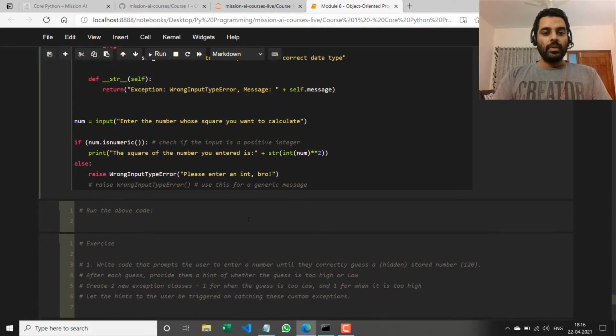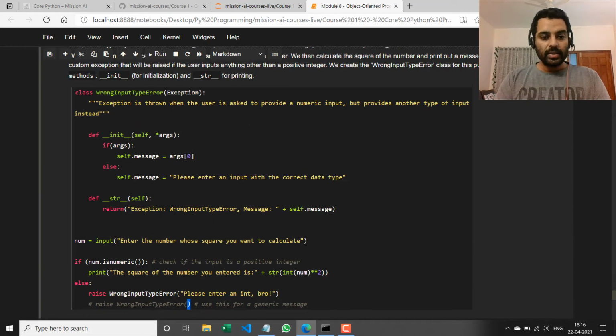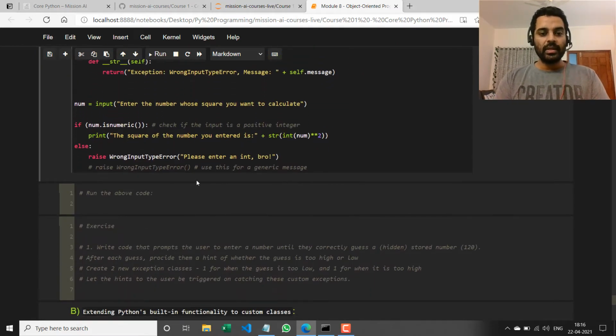Okay. Else, I raise this wrong input type error and I pass a message to it. Okay. And if I raise this wrong input type error without passing a message to it, then it would have put its own message in here, right? Here. Cool. So let me run this and show you.